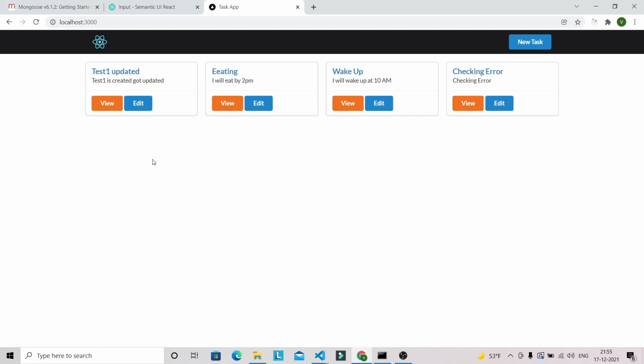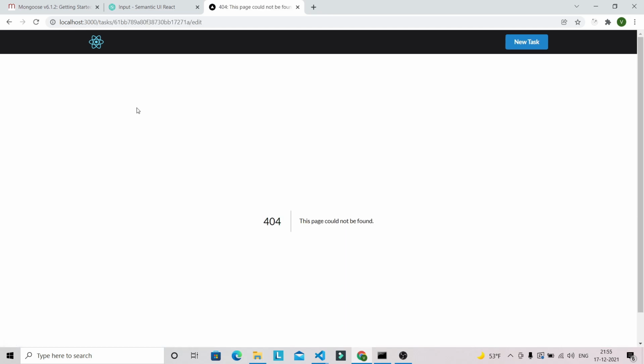Okay, so now it's time to perform the update operation as well. So once the user clicks on edit, it will basically navigate towards the edit page, but at the moment we haven't registered this page. Okay, so on the edit page first we will populate the existing values into each respective input field, like for title and description. Whatever the previous values were for title and description, first we are going to populate those values in our form component. So let's register this page as well.